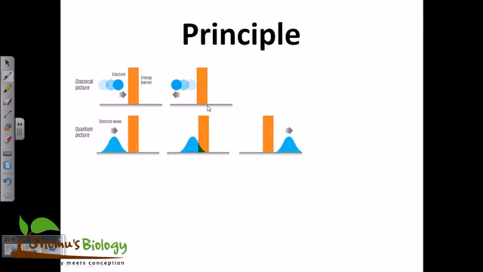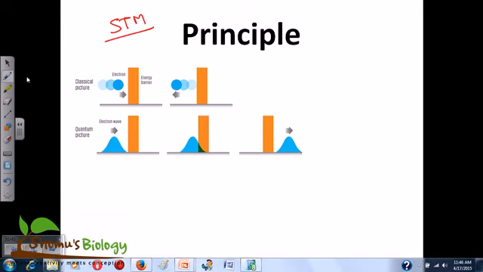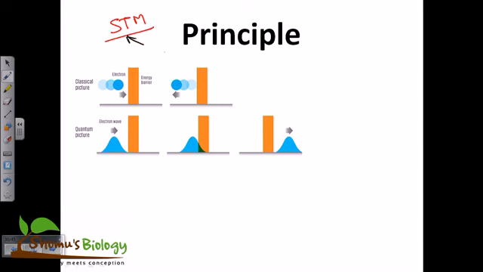So that's what we talk about in this video. This is the principle that is the core foundation of scanning tunneling microscopy. Remember, STM, scanning tunneling microscopy. Why the term tunneling here? Because of the use of the quantum tunneling effect. The classical picture is that the electron can hit the energy barrier and return. But if it behaves like a wave, that wave can pass through that energy barrier from one side to another side. That is possible. That is the quantum tunneling effect, and we use it here.